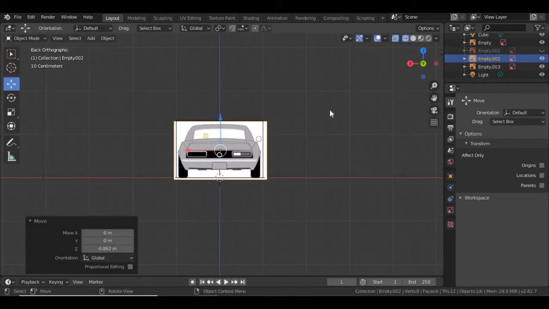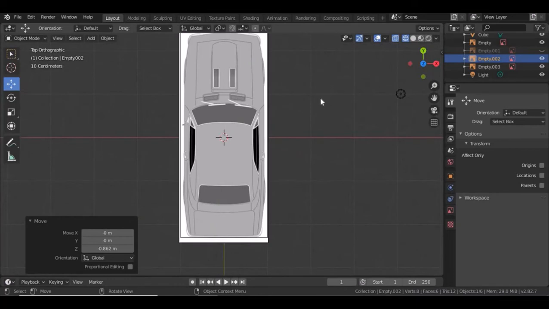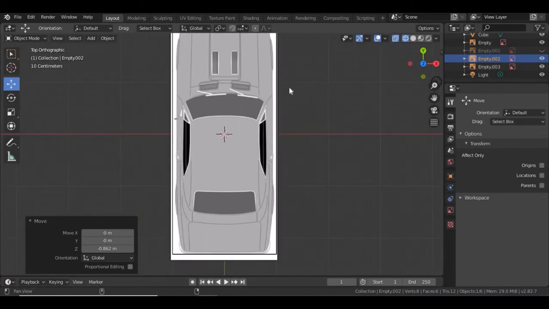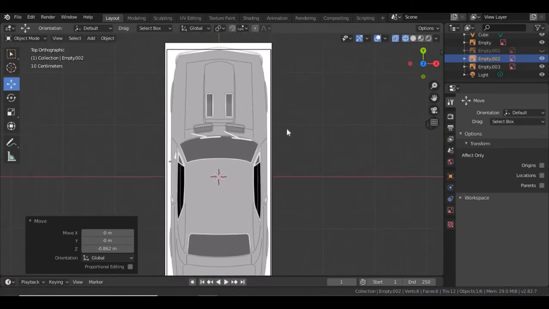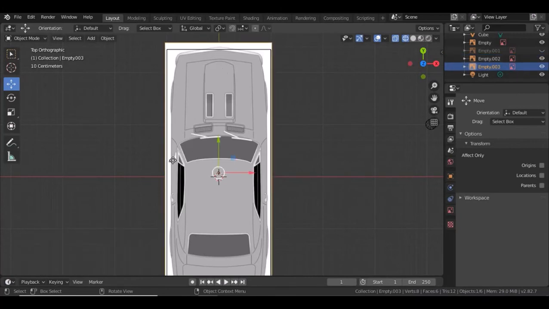Oh, I think I forgot something, so I'll go to the top view again. I think the mistake I made here is I didn't reference this top of my box properly. I want this left side to just barely scrape the left side of the car and the right side to do the same. So I'll